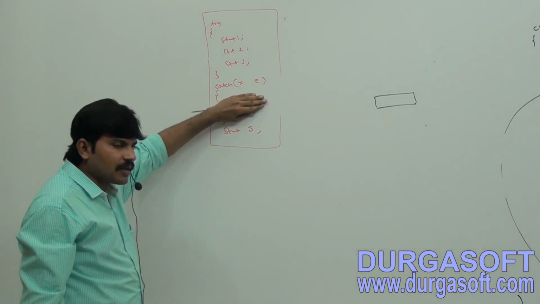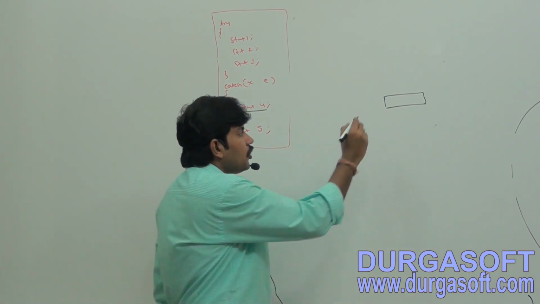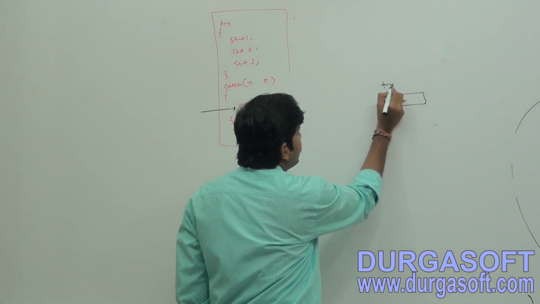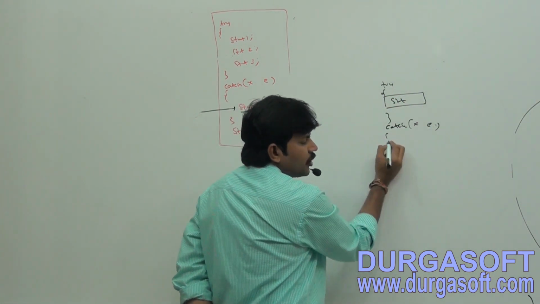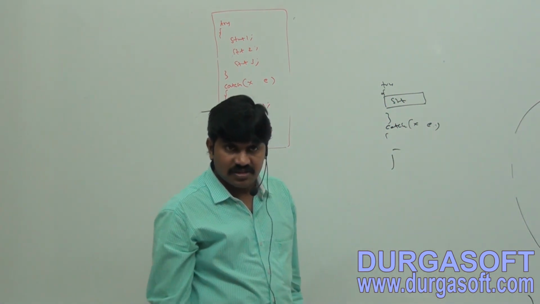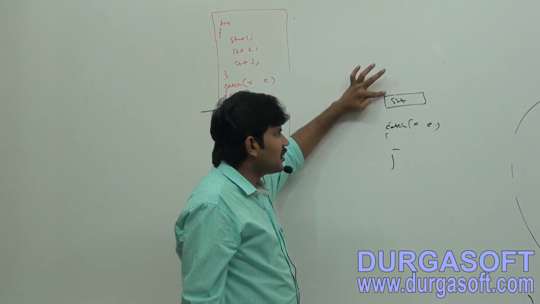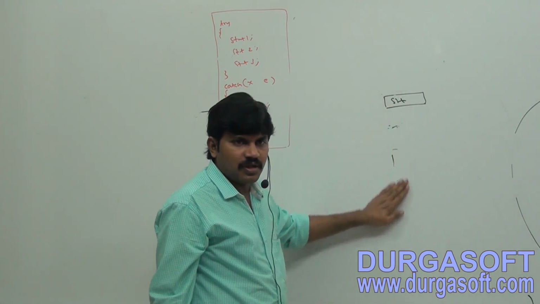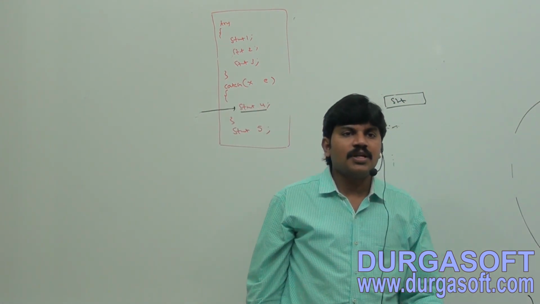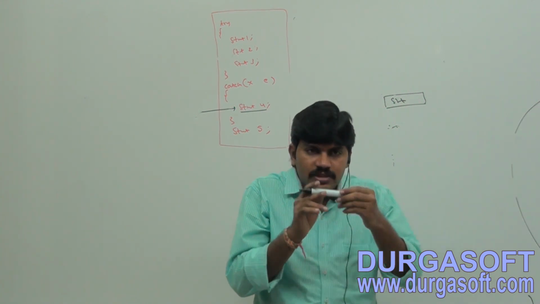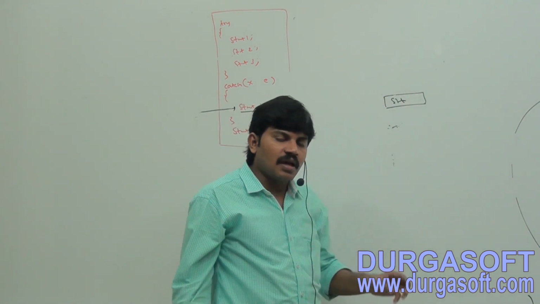It is not there inside a try. It is always abnormal termination. The reason is, if this statement is there inside a try, there may be a chance of a catch block. If the catch block is there, normal termination. But it is not there inside a try. If it is not there inside a try, then there is no corresponding catch block. If the catch block is not there, normal termination or abnormal termination? Abnormal termination. That's why the thumb rule: if any statement which raises an exception is not part of a try block, then it is always abnormal